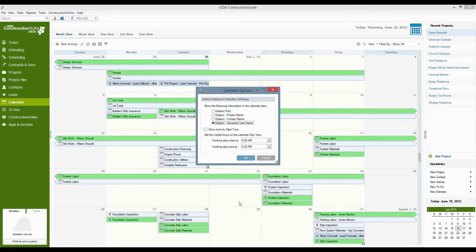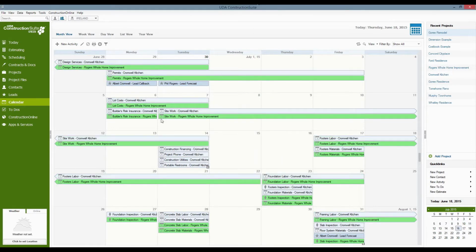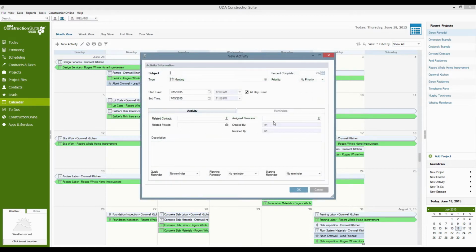Now, for some of you as well who do a lot of smaller tasks, tasks that maybe are not all-day activities that you guys still need to share out with everybody else, we also give you an option to show the activity start time at the beginning of one of these tasks as well. So if we go with this magic set of abilities here, you'll actually see on some of these, perhaps, maybe not yet, but we've got the project names on them now. If I double-click to create a new activity here on July 15th,